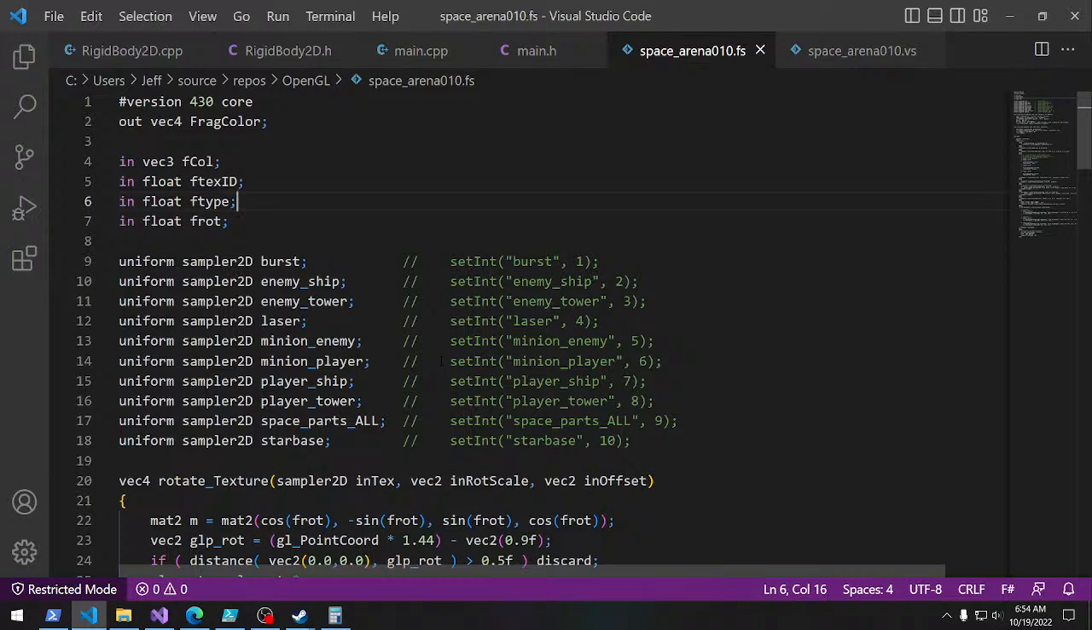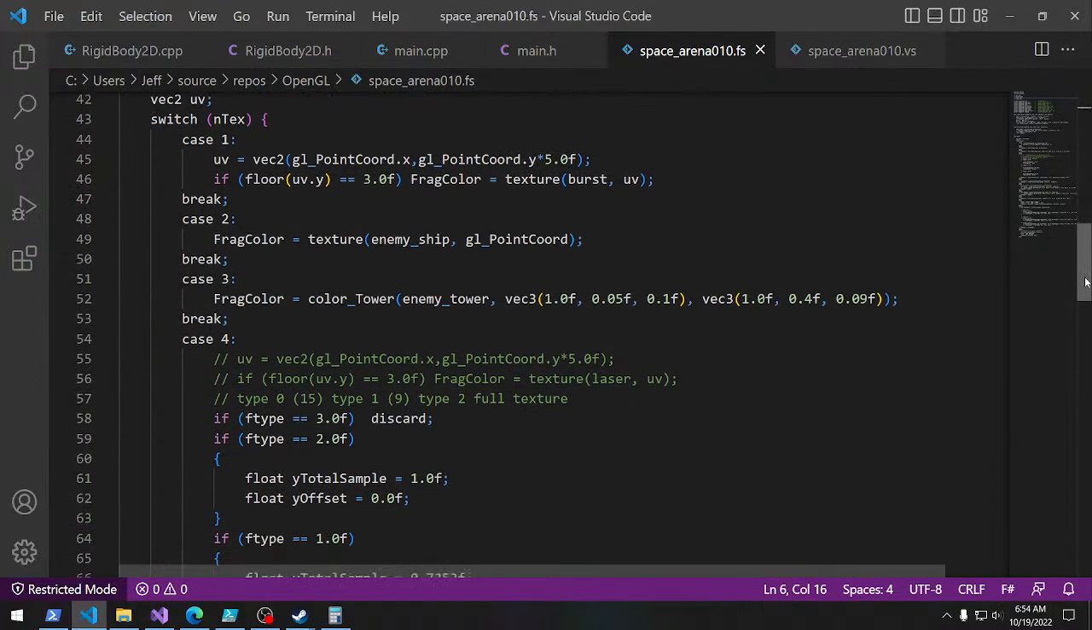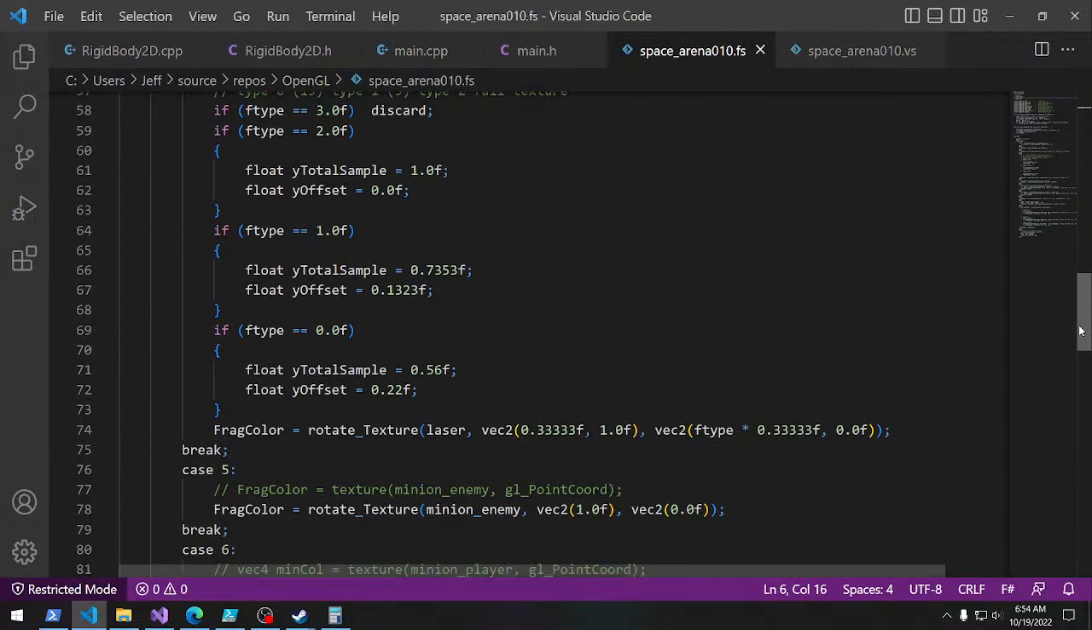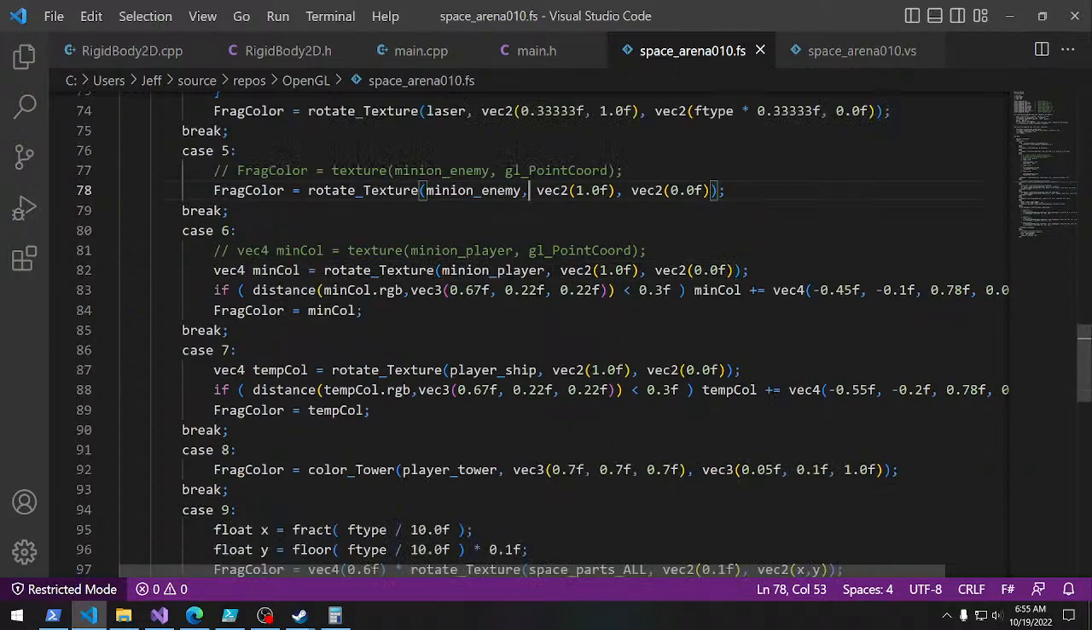Plenty of room though for something creative. I should be above board with something like the health meter though, but I'm wondering. So enemy ship, enemy tower, minion enemy, minion player. So yeah, so the minion player. So this is the minion player. Min color equals rotate texture. Does that right there. If distance is less than that. Okay, so